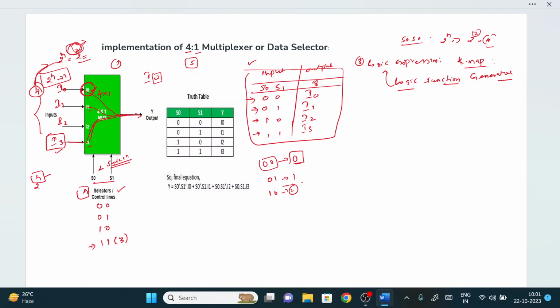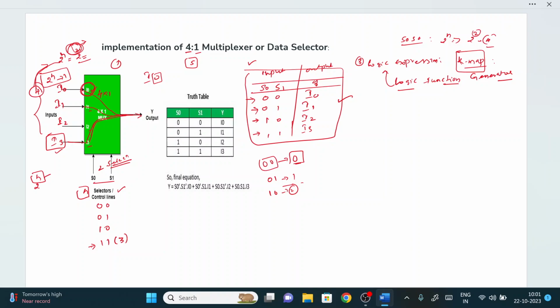It means that one of the applications of the multiplexer is the logic function generator. It means that we don't require K-map representation in order to find the logic expression. From the truth table itself we can find the logic expression, right? Now, step 3 is that we need to find the logic expression without using the K-map. That is what we discussed, the meaning of logic function generator.